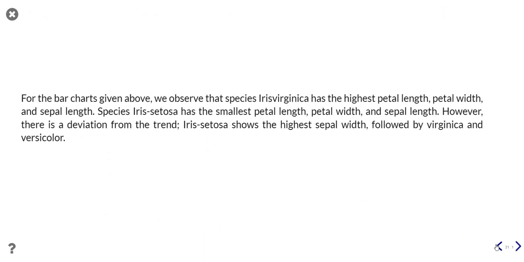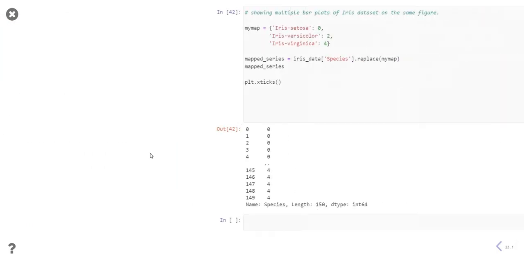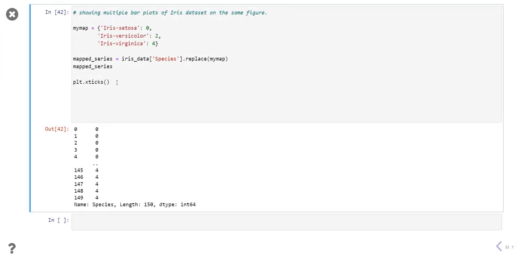Let me show if there's an image. This one is known as the ticks. This is the x-axis ticks. You see the small tick is here. So this is the xticks. When you're using this function xticks, you're able to set the location. So in this case, the locations we want are 0, 2 and 4,